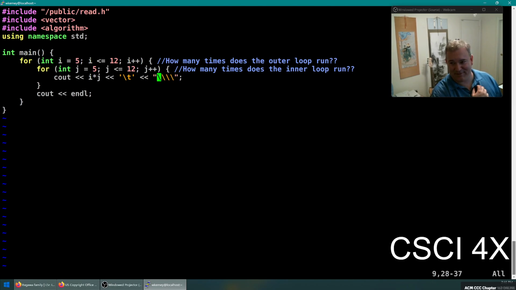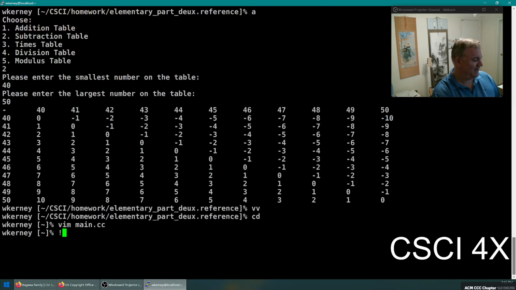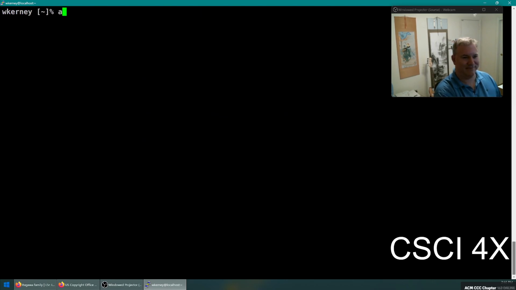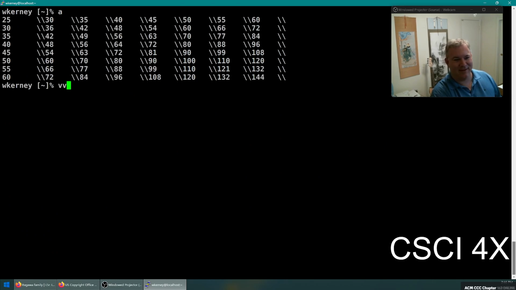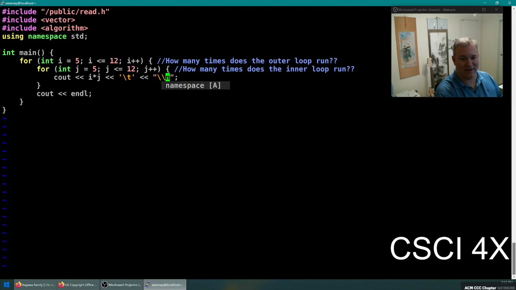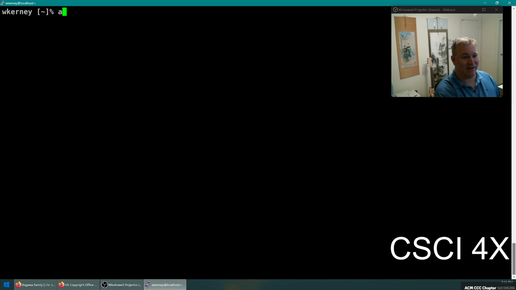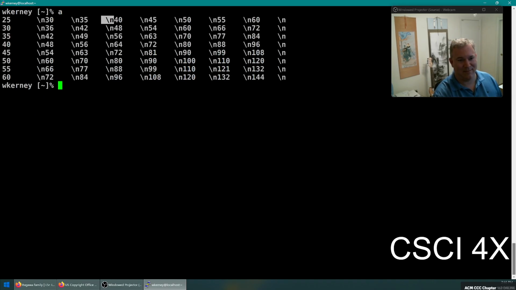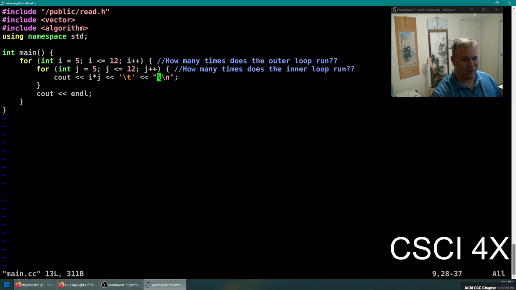Anyone know what this is going to print to the screen? I'm printing out 4 backslashes. How many are actually going to appear? Nothing? 2. Because in order to print a \, you have to put \\ to print a \. So if you want to print out \n into the screen, literally like \n into the screen, then you have to do \\n, and then you get a \n in there,